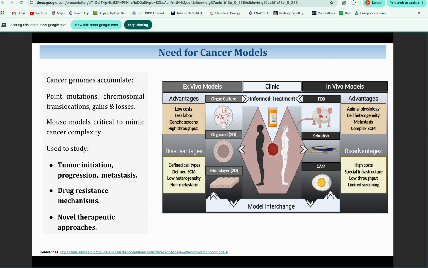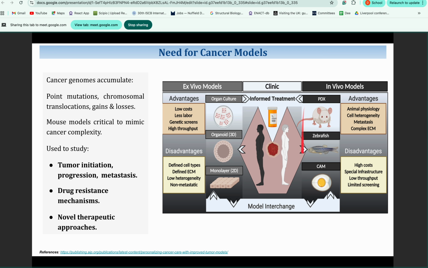So in the case of in vivo models, we have different types of cells, so there is cell heterogeneity, and then we have the physiology, the animal body, we don't have to replicate the same conditions externally. Then metastasis, so there is a balance between the states. Then complex ECM, and then the disadvantages are the high cost, special infrastructure, low throughput, and limited screening, which leads to the